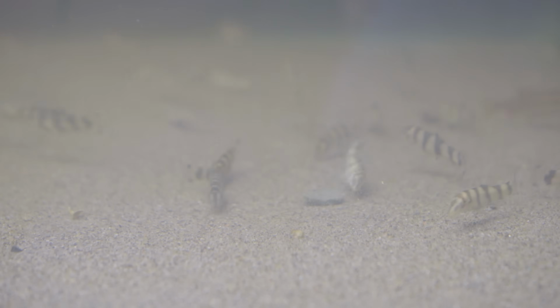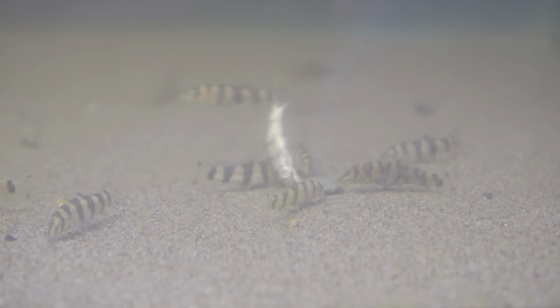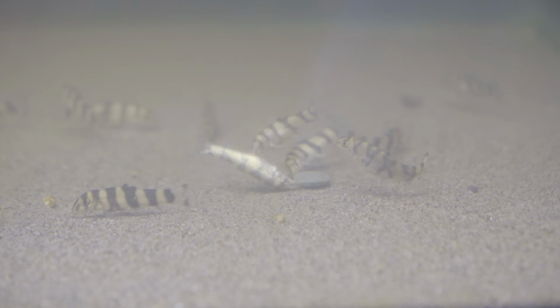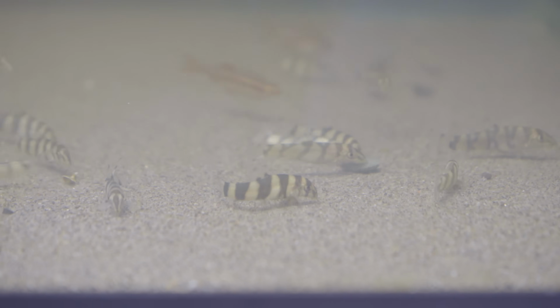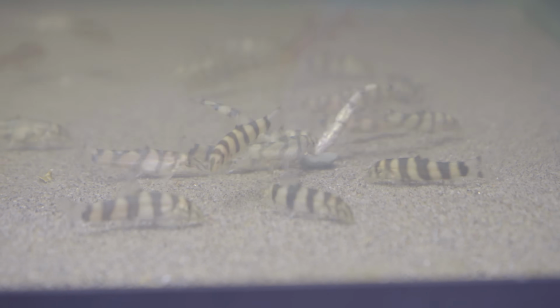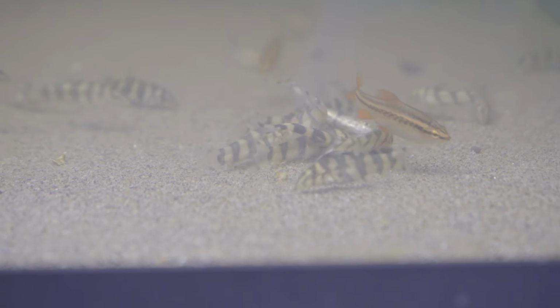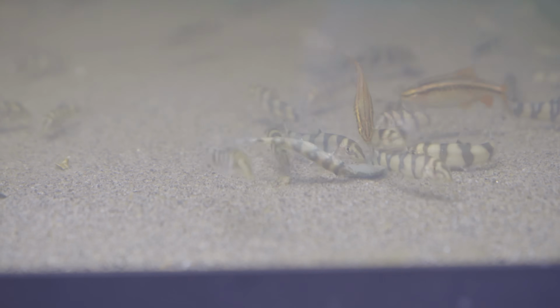I like them because the bands on them are kind of thicker than the yo-yo loach. I like yo-yo loaches, whichever you want to call it. I like them both a lot, but the difference is these don't have as much of the Y on them. In general, there's some variability, but they have a thicker, broader band down the body than the yo-yos do. Next over,